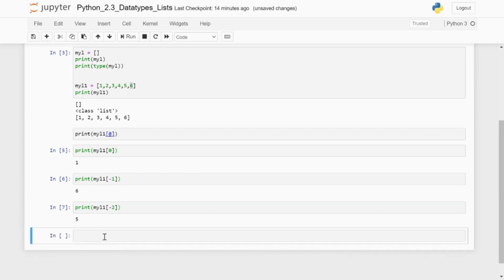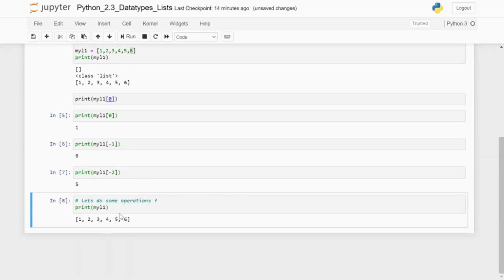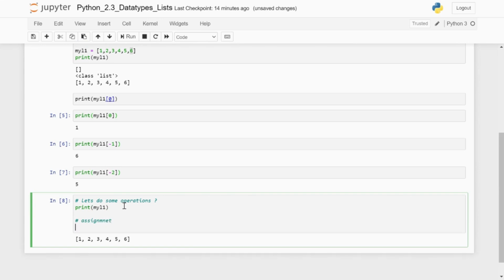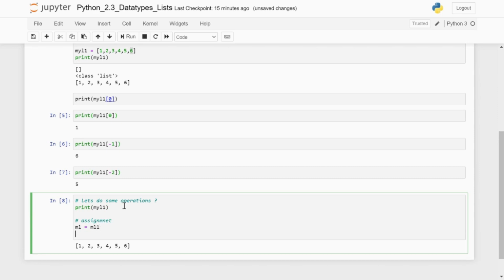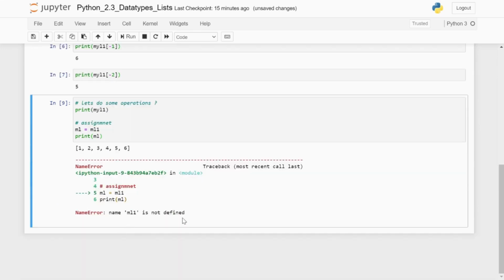Okay, now let's do some operations. Let's take some examples. Let's say I want to play with this list, my L1. So the first thing that we can do is assignment. So creating the list ml, and I assign this from the older list, and if I print ml, it will just